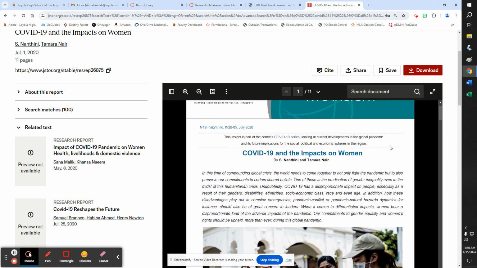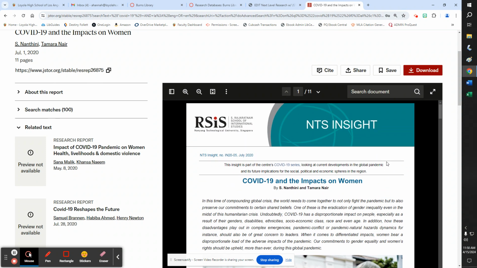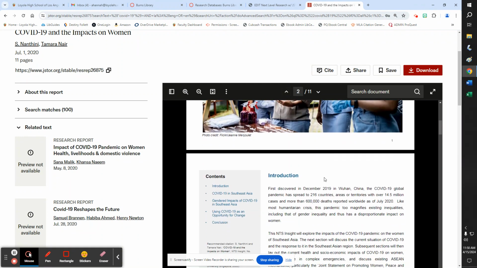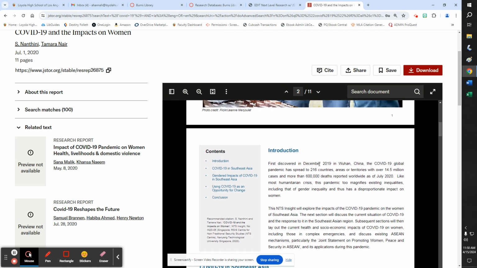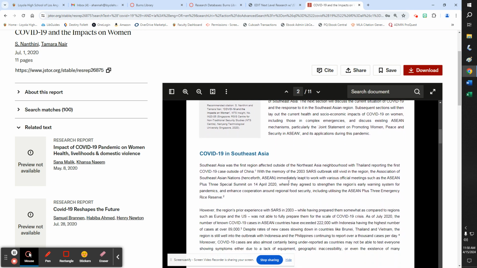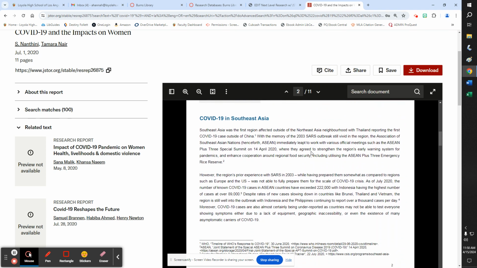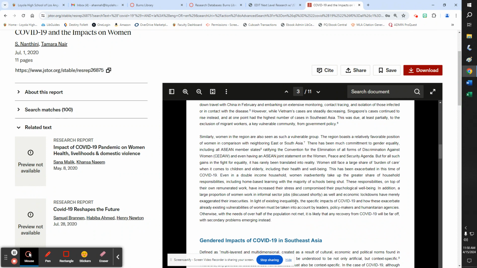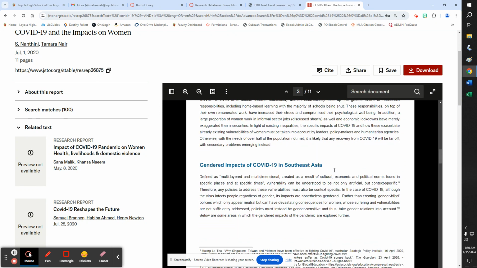So you want to read any of this first page of the report. I don't know how many pages it is right now. It does look quite different from a journal article, but that's okay. So here they are. Mentioned here's some data: 600,000 deaths reported worldwide as of July 2020. So that's telling you that they do have some statistics in here. They can't just throw out numbers in this case. They need to tell you how they did their study, what it involved, what kinds of people it involved, where it was located. This is the nature of